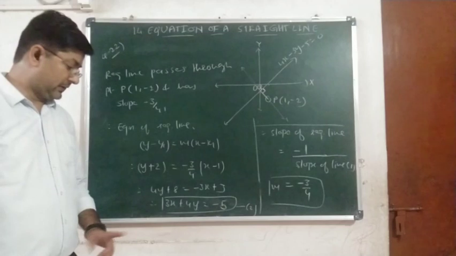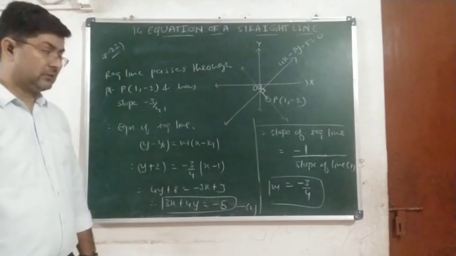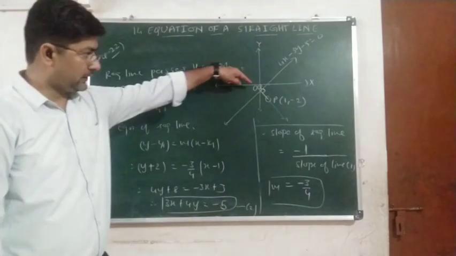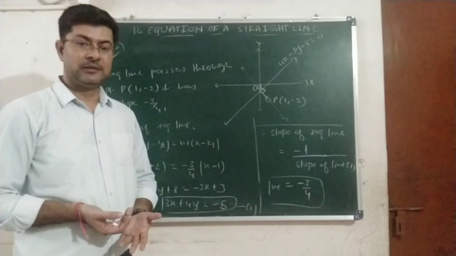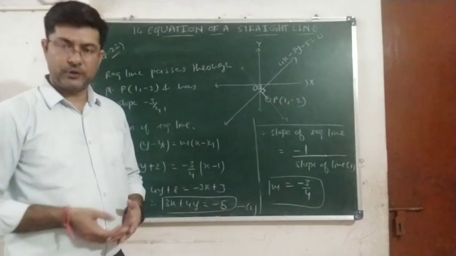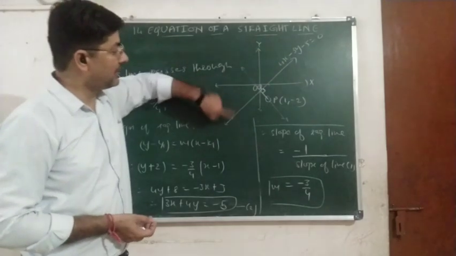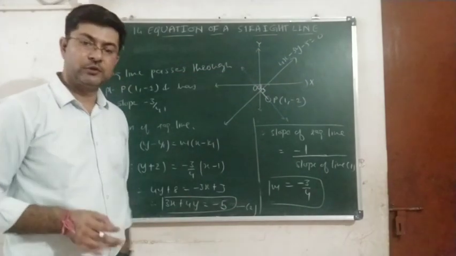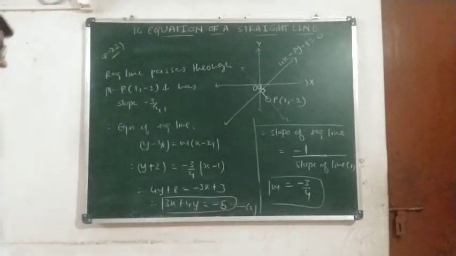So we got one answer. This equation was required. Now another answer is to find the coordinates of Q. Whenever you are given the equations of two lines, we can solve them to find the point of intersection. Q is actually the point of intersection of line 1 and line 2, so we will solve the two equations.